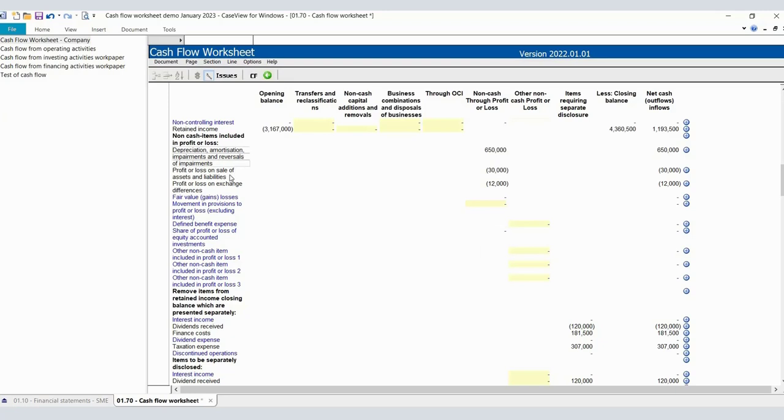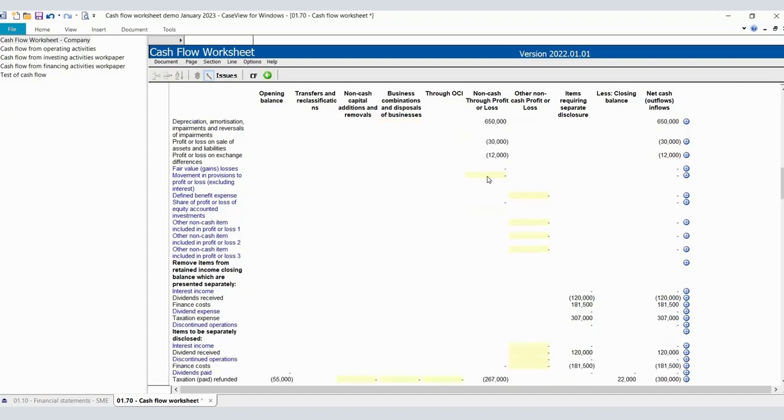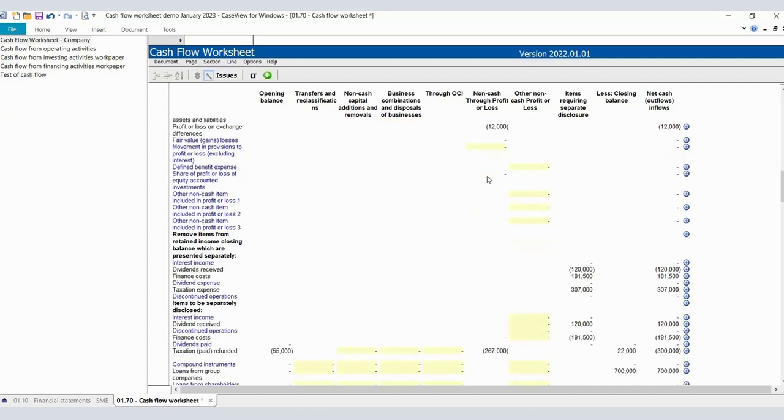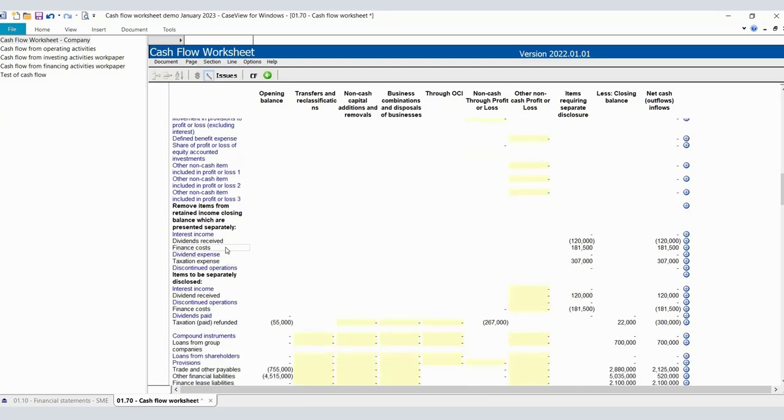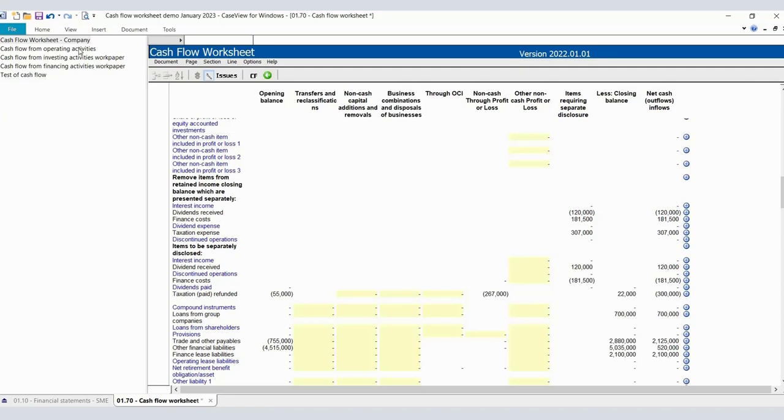So all of our profit or loss adjustments, things like depreciation, profit or loss on disposal, and so forth, are split out separately in the main cash flow worksheet. And these items are dividends, interest, taxation,